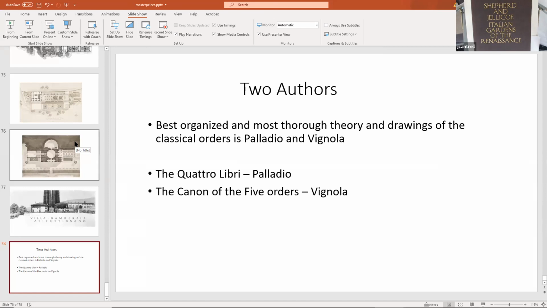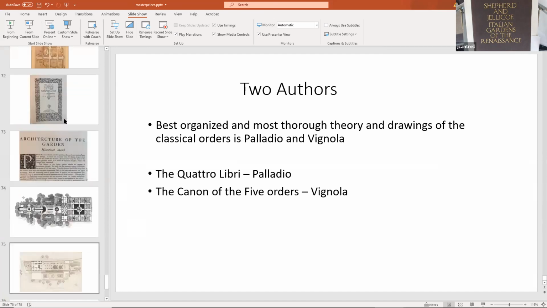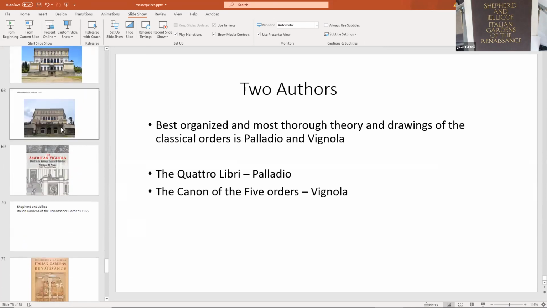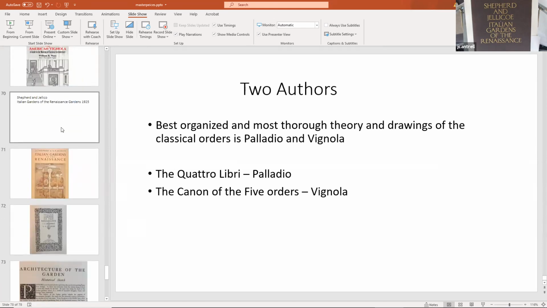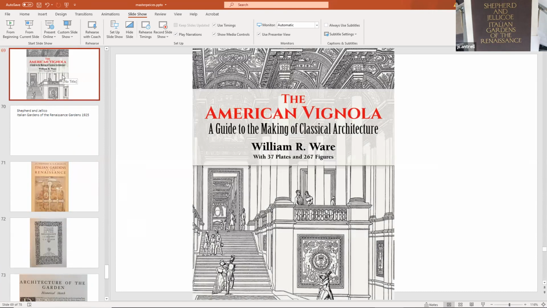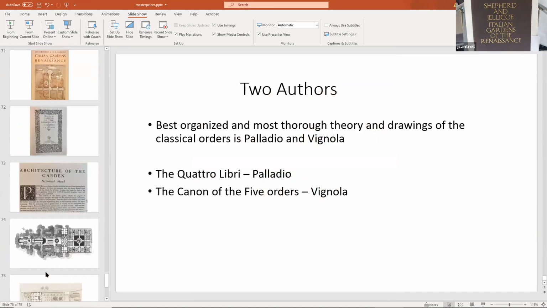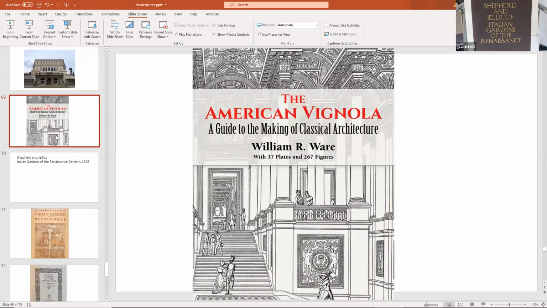These are very clear and thorough. The earlier architects we looked at, of course, were revolutionary and pivotal, but really these two books are the clearest and, of course, the most concise in Italian literature. Then, of course, in America with William Ware, he built on these two books and architects and authors and made an English clarity of language and visual dialogue and how to properly scale and proportion the classical orders, of course, starting from Tuscan, Doric, Ionic, Corinthian, and composite orders.